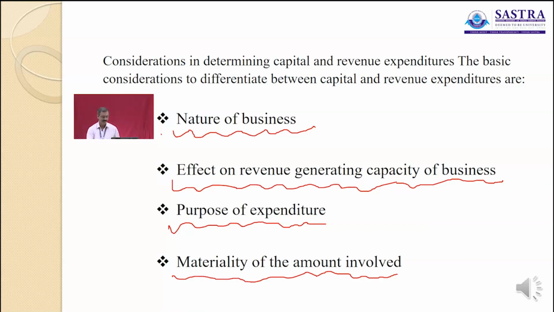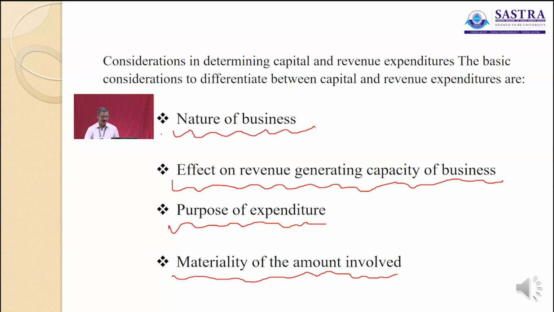See, the expenditure on purchase of goods is revenue expenditure. The expenditure on purchase of asset is capital expenditure. So the purpose for which it has been procured is the major concern for determining the capital and revenue items. Whether an item of expenditure is goods or asset depends on the nature of business. See this, the goods include articles or commodities in which the business is dealing with.